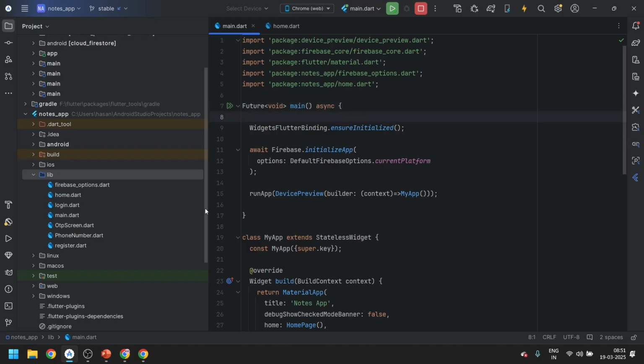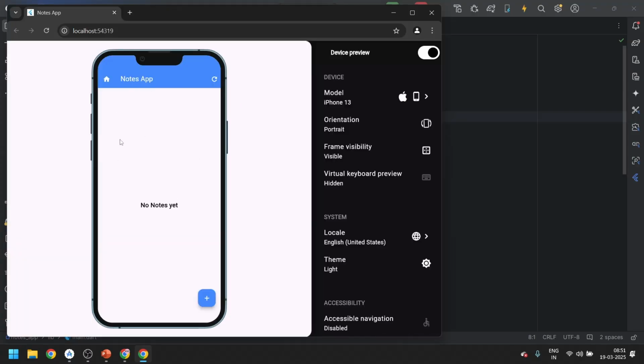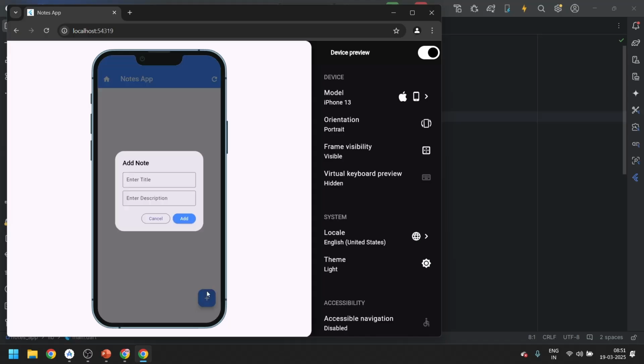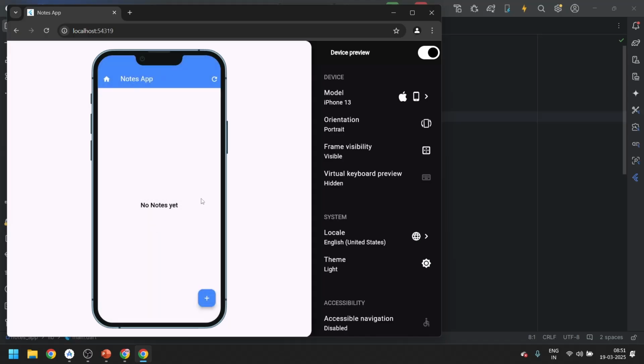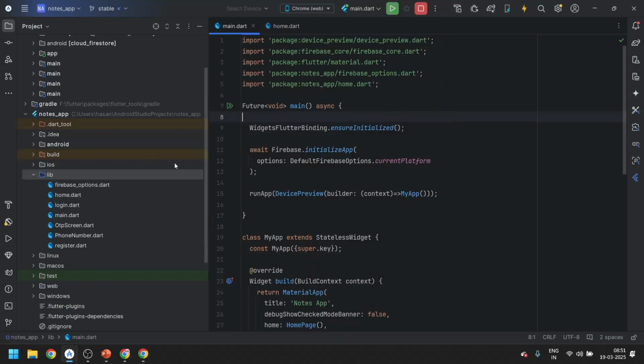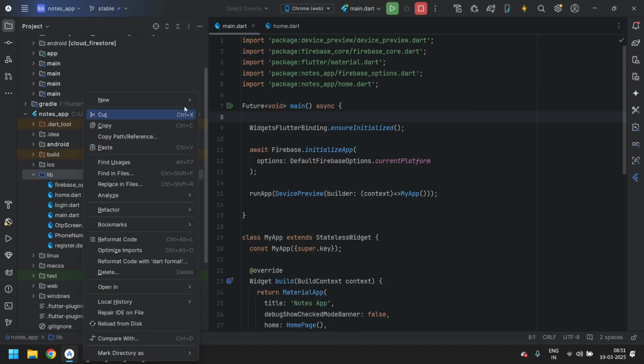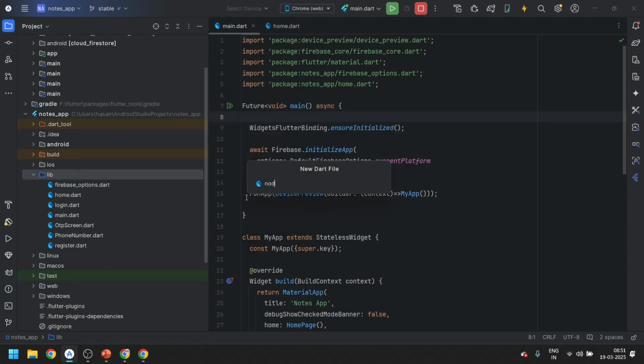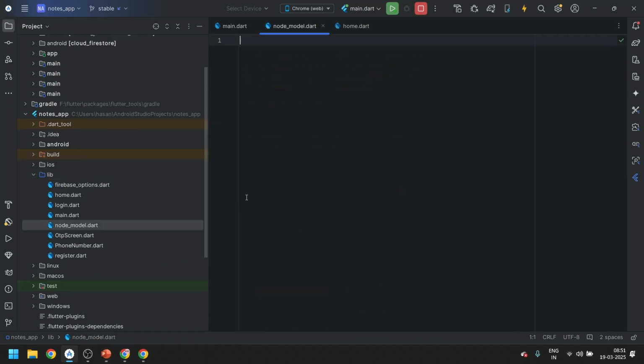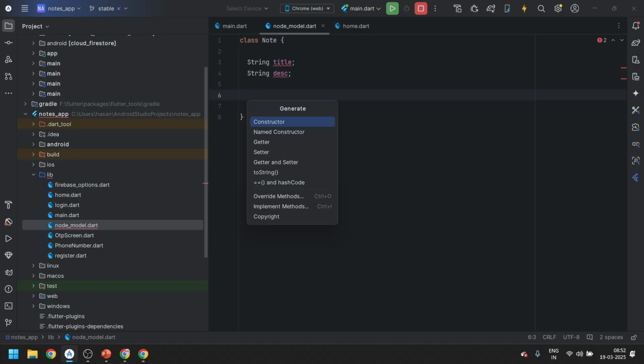Let's go to Android Studio and let me show you the home page which I designed. This is the home page, a basic home page, and on click of the add button you may see this. There is no more functionality to it, it's just a basic design. Till then, let me create a new Dart file which will be a note model. In that we will create one class, Note. It will take two variables, first title, another description, then it will take a constructor,